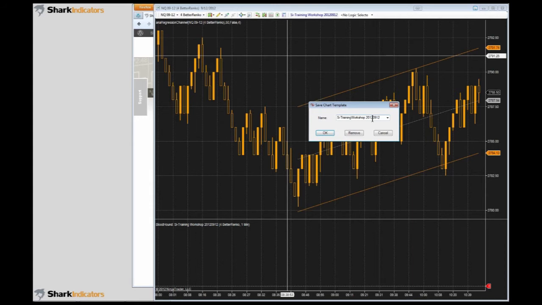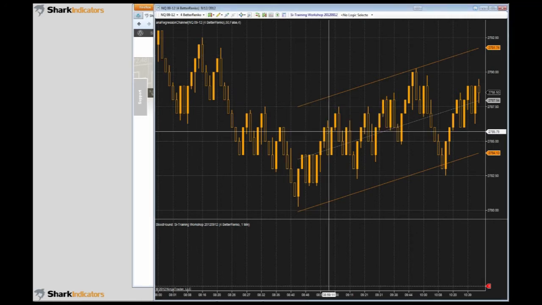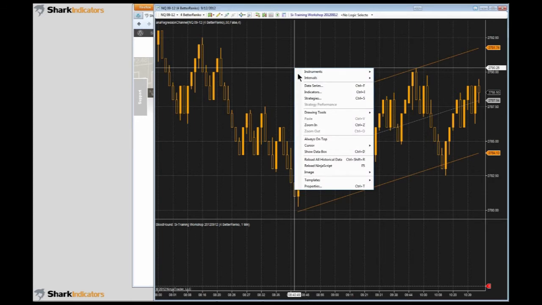So here's another tip of the day. If you save a chart template with your Bloodhound template loaded up and everything, then you can quickly load up your Bloodhound templates with all your indicators saved on your chart instantly. So the Bloodhound template is saved with the chart template information. I'll give you an example here. So if I load up